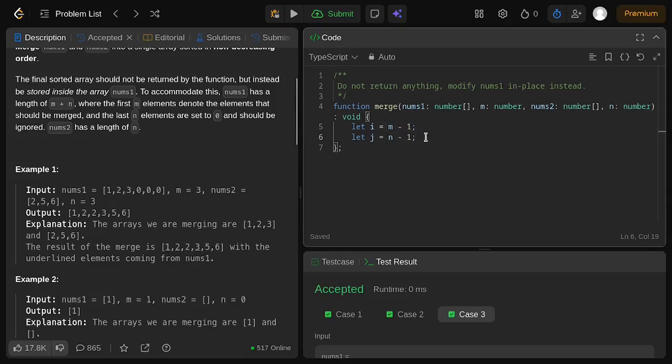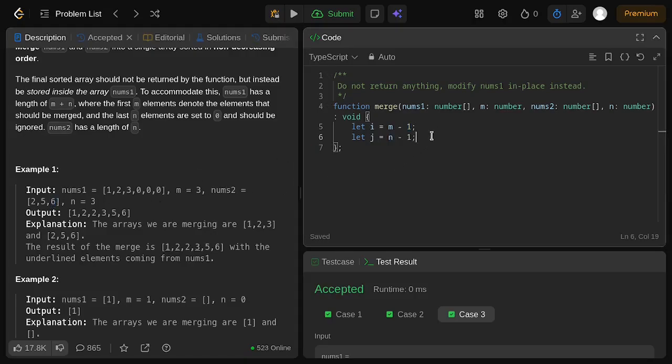And also for the second pointer, we are using the nums2, and we are going to utilize the j variable to the nums2 array as the pointer of the current index of the nums2 array. And we are pointing to the 6 right here. It's because n is equal to 3, and we have 3 valid values of the nums2 array, and since n-1, just like on the m-1, we are pointing to the 6 right here,